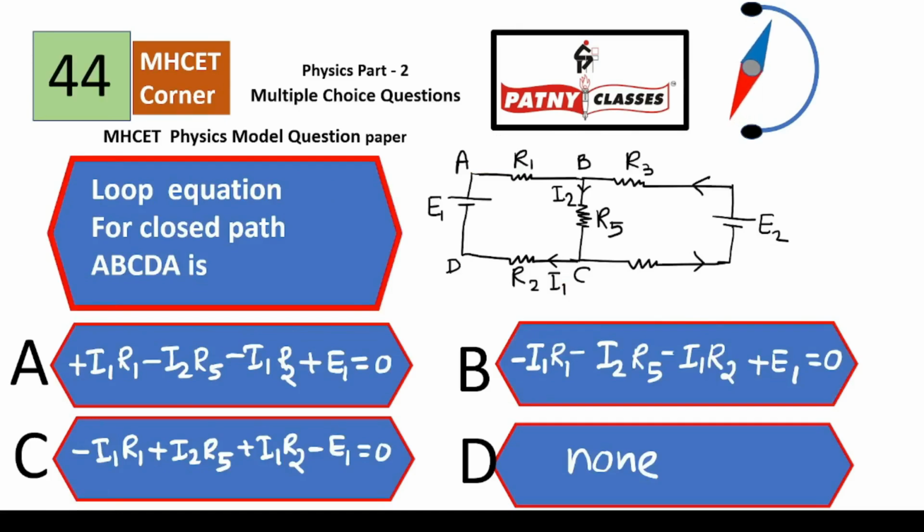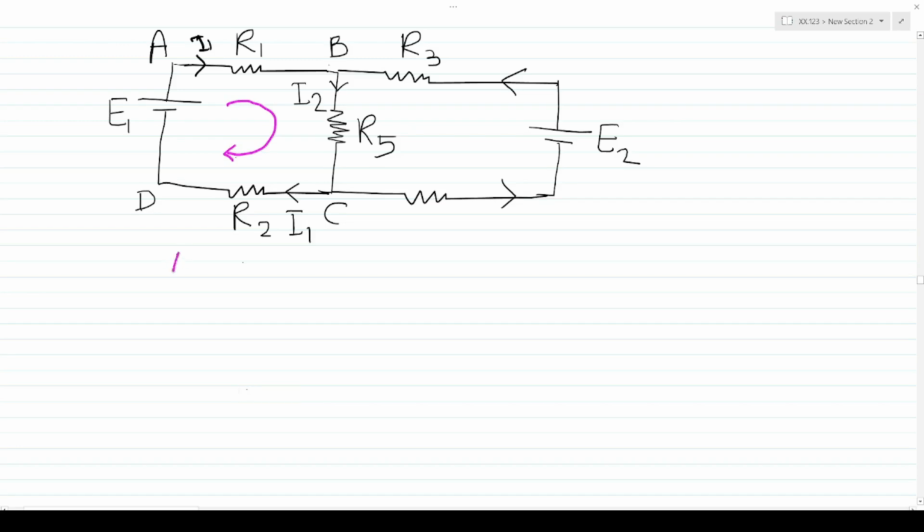Question number 44. Loop equation for closed path ABCDA is. Here is a circuit diagram given. We need to find the loop equation for closed path ABCDA. For closed loop